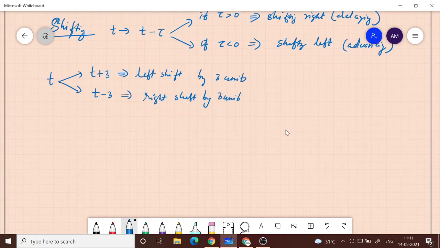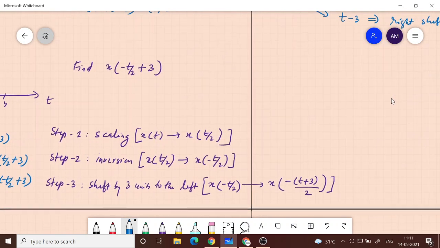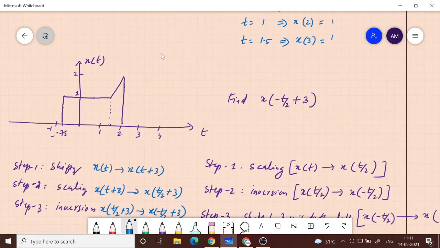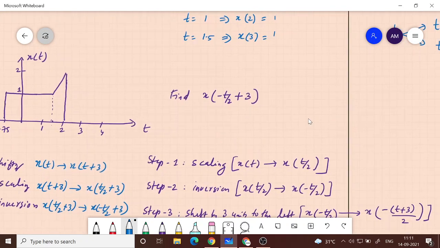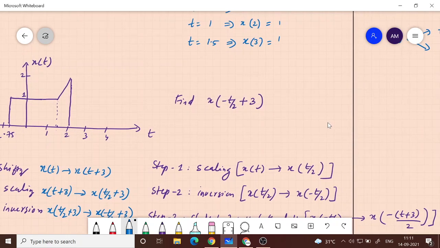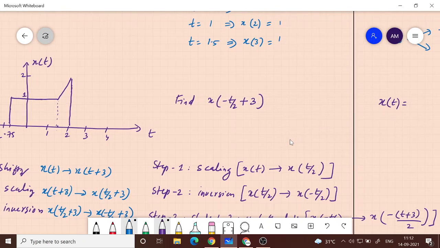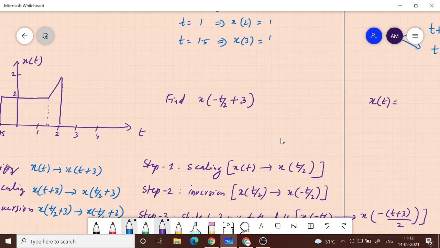Now mathematically you can do the above problem. The same problem you can do mathematically. You write the expression for x of t. Okay, let me try to do that. You don't need to bother about what you need to do first in such cases. That is the advantage of the graphical method. But with the mathematical method you need to do a little bit of work. So with the graphical method you don't need much work, the only thing is you need to be careful.